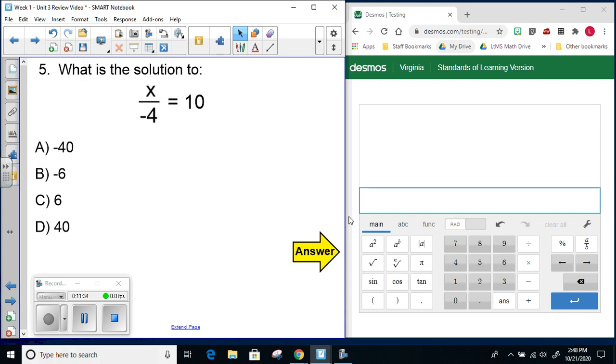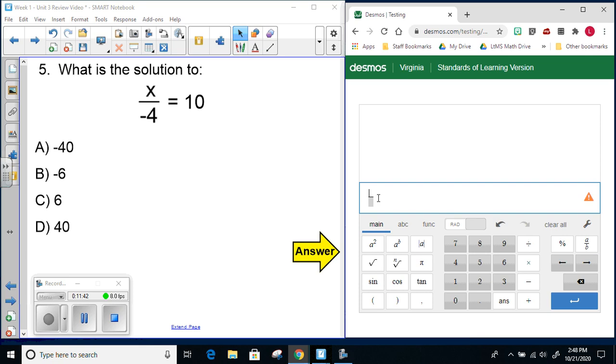So how would you do that? You're going to take the side of the equation that has the variable in it, and you're going to type that into Desmos. So I want to type in x divided by -4. So I hit my fraction button. I'm going to put an x in the numerator and -4 in the denominator. And I don't want to type anything else except for what's on this side of the equation. So I'm going to hit enter. And I know that it's supposed to equal 10. So next I'm just going to write 10 and leave that there